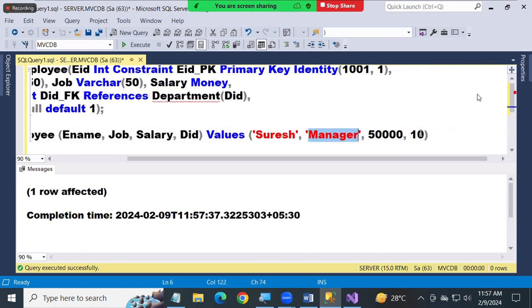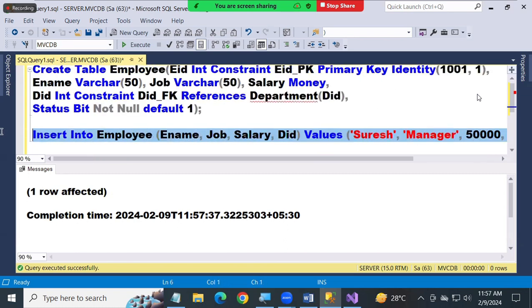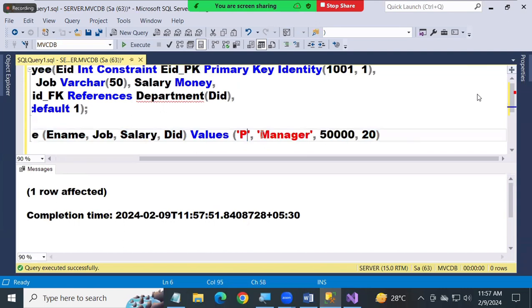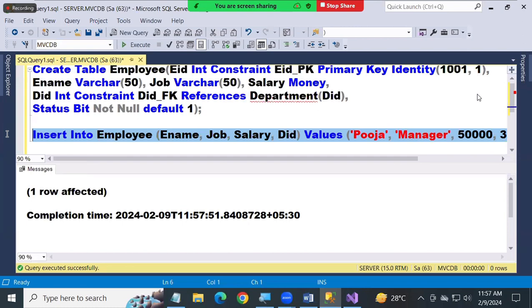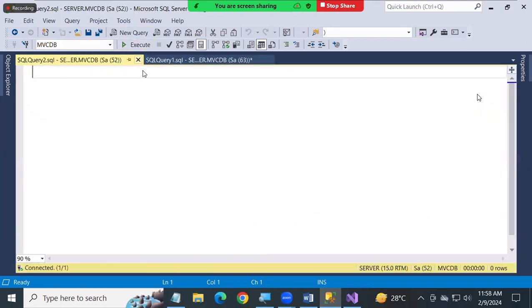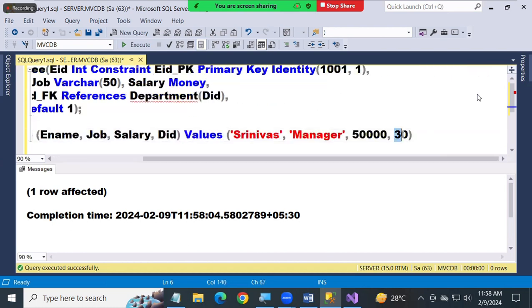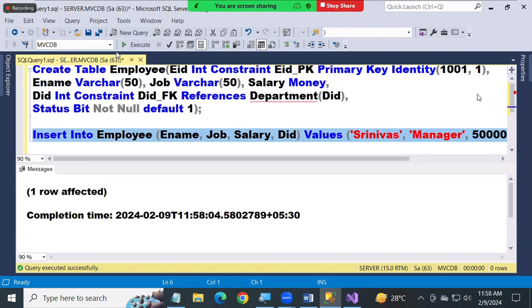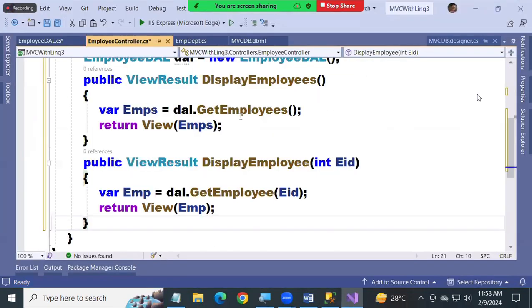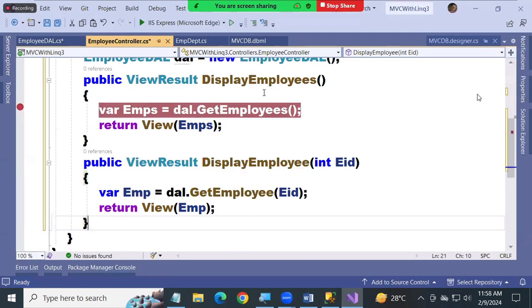Same way, manager, 20. I'll change the department numbers. Something, Puja, 30. Department number 40. Guys, observe. Now let us add a view for display employees, and the display employees view has to show me the